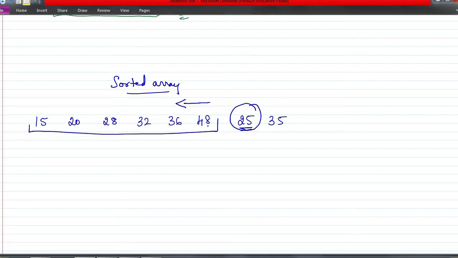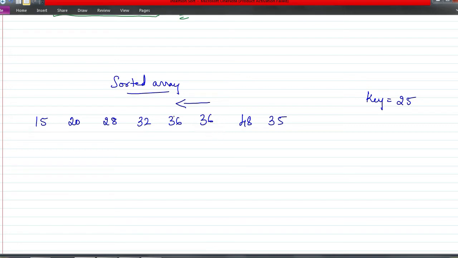So as soon as I see a greater number, I keep pushing it to the right until I get a number which is lesser than this. Then in the next position, I am going to insert the key element. So here, 25 is the number to be inserted. I will take the key element as 25. Now I'll compare the previous element with the key element. It is 48, so I'm copying 48 to this position. Next I'll compare the previous element, that is 36. It is also greater than 25, so copy it to the next position. Then I have 32, that is also greater than 25, copy to the next position. Then 28 is greater than 25, so copy to the next position.